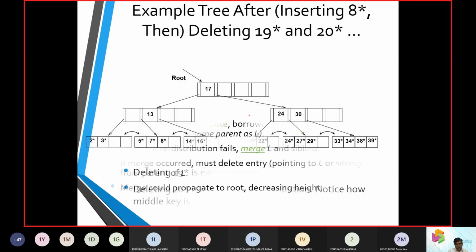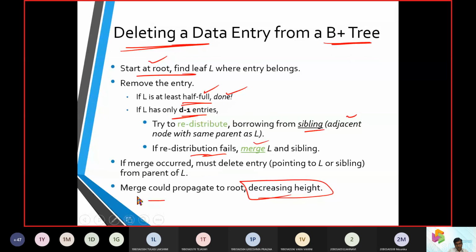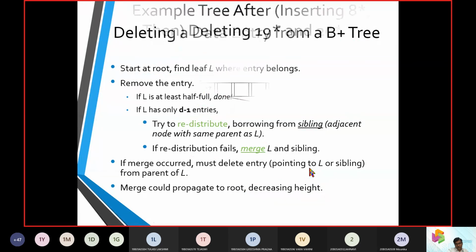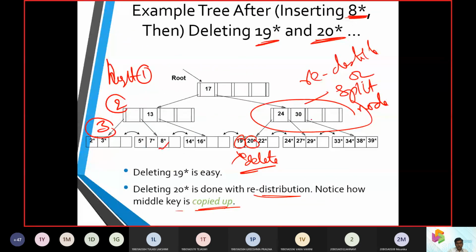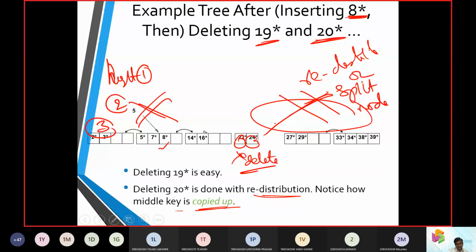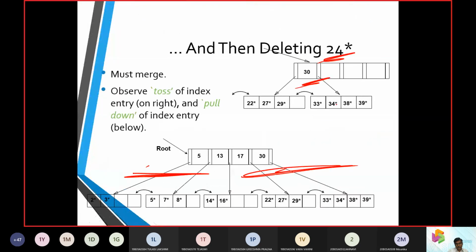Now here we have a rule: a merge could propagate to the root and decrease the height, as there is no other option. So we are going to eliminate the height also. We need to redistribute and reorder things back to the previous state. That is where the height is eliminated, and we have height 1 here and height 2 at these two entries.